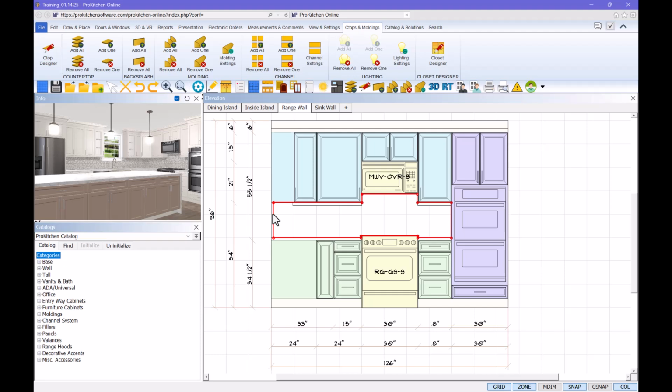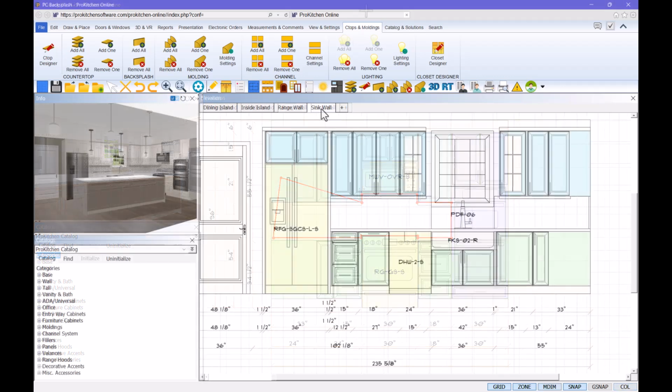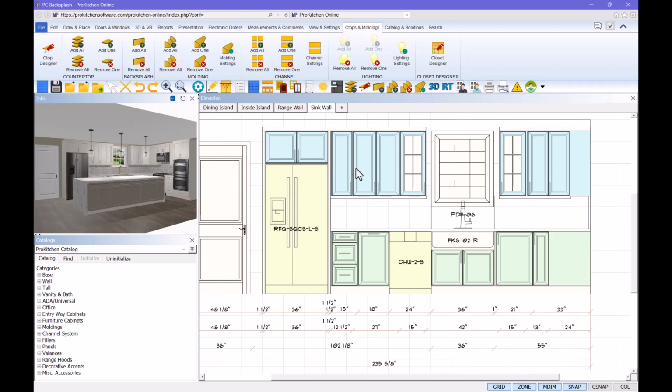To change the shape of the backsplash, left-click once on a desired point. Then move the mouse to the desired shape and left-click once again to secure the new shape. To demonstrate this edit tool a little further, I will go ahead and select the sink wall elevation view. Here I see that I need to make adjustments to the backsplash to go all the way across the wall,